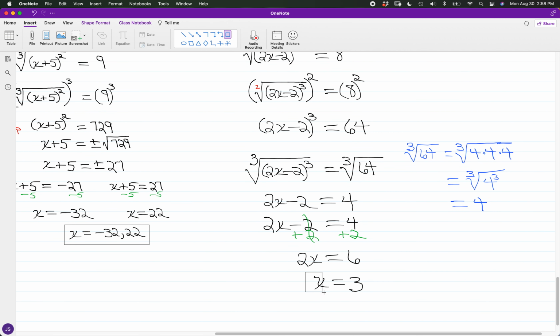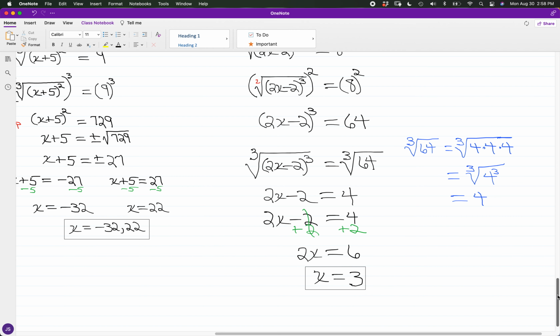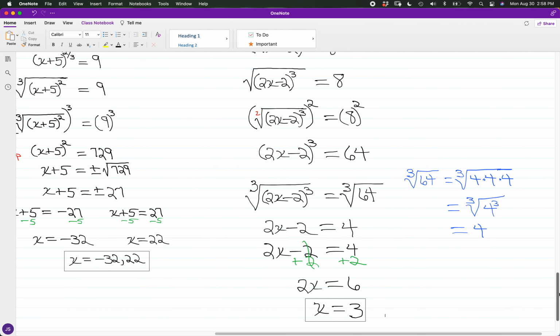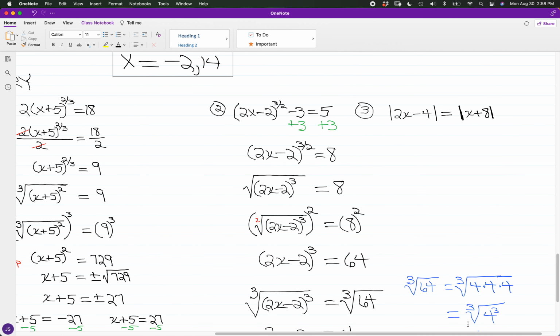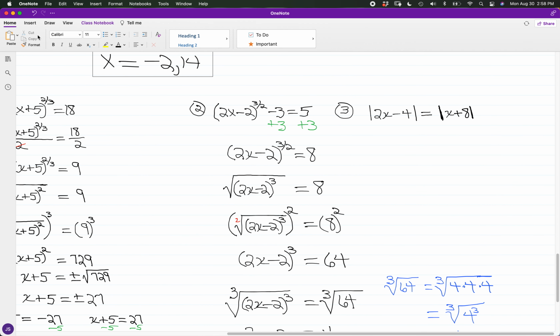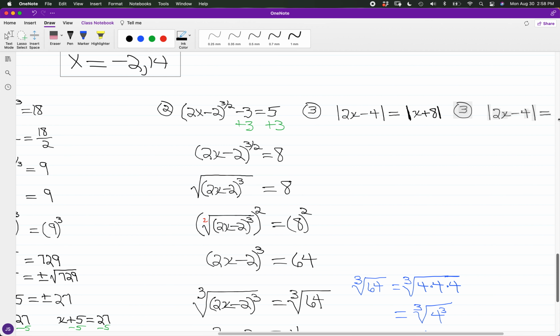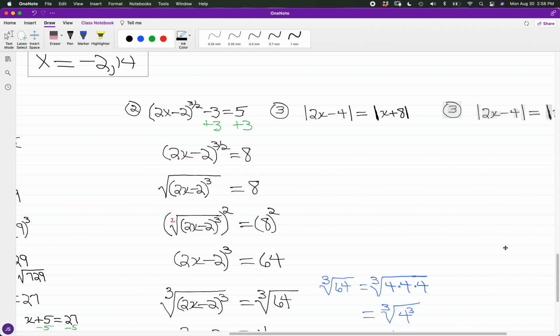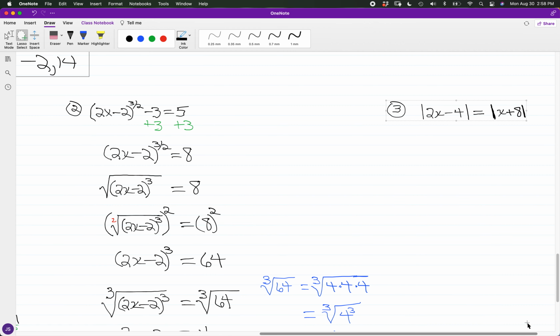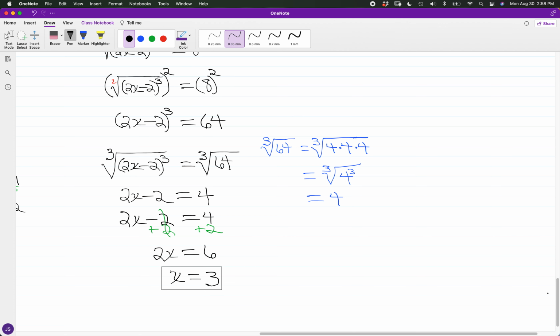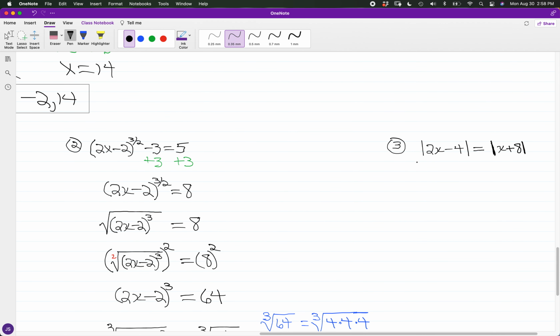Now, just a little bit of a revisit of an absolute value equation that has absolute value terms on opposite sides here. So you had the absolute value of 2x minus 4 is equal to the absolute value of x plus 8. And let's say that if your approach is to set up two equations, let's say I want to keep it just 2x minus 4 in both cases,